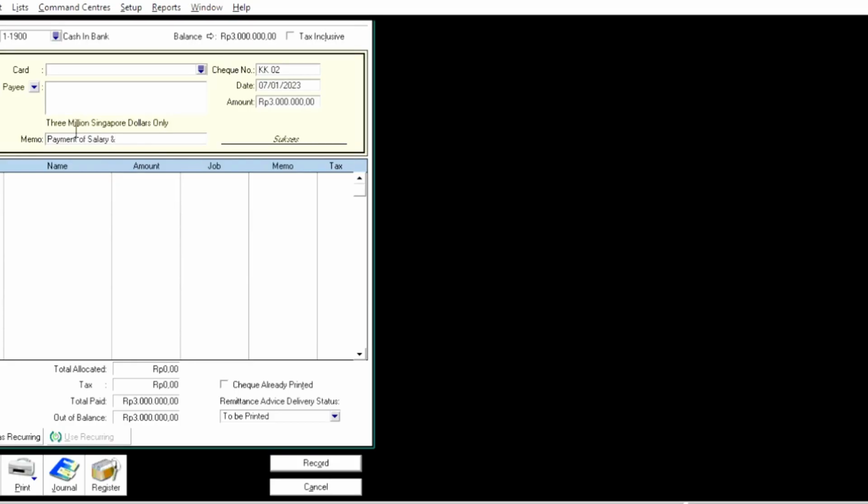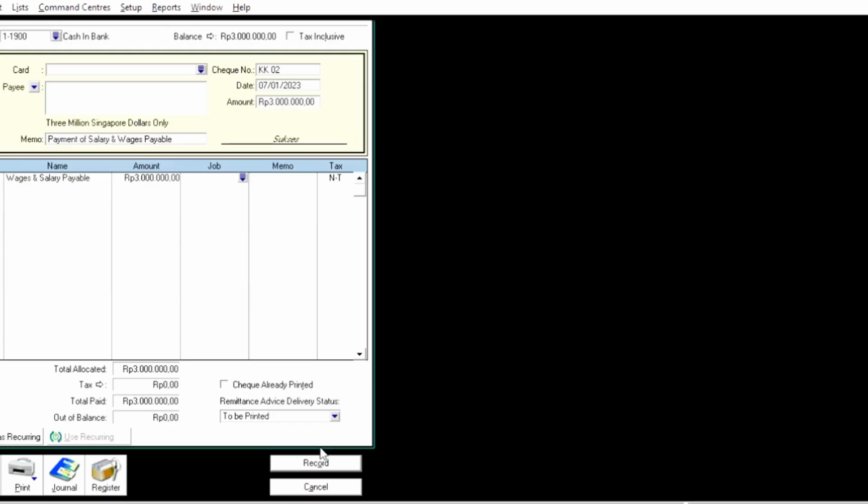After that, we go to the account table section below. In the account column, select the salary and wage payable account because we are making a payment to settle this liability. MyUp will automatically reduce the payable balance while simultaneously recording the cash outflow from the bank.